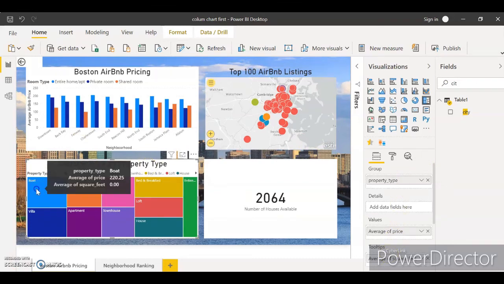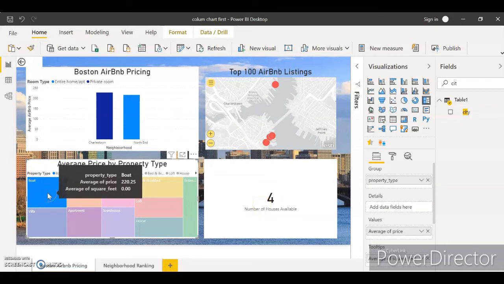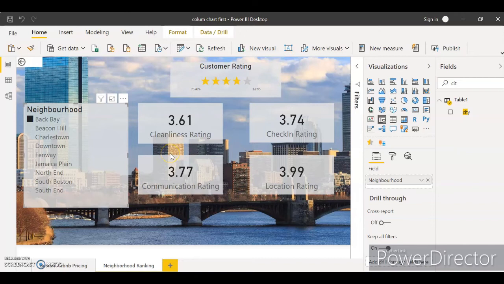We can use the tree map to filter and see the different types of properties and the average prices and the location available in the listing. We can also see the number of houses available in the listing according to the filter setting we set in the visualization. Finally, in my page 2, I listed the neighborhoods in a slicer.